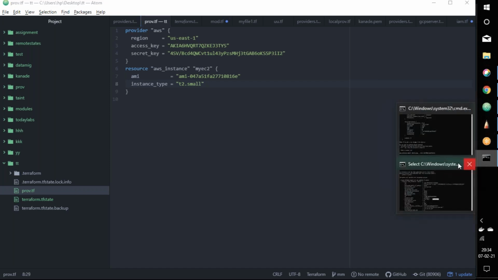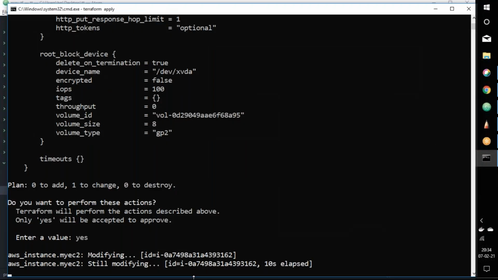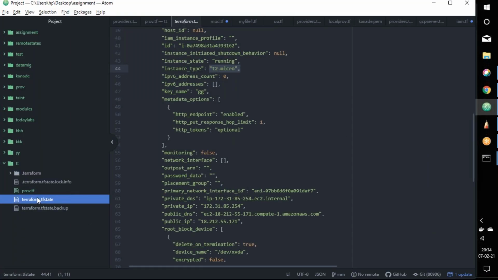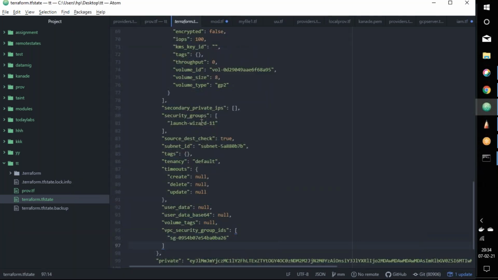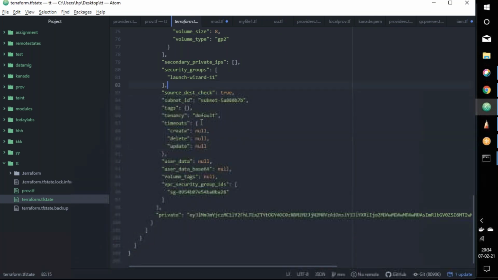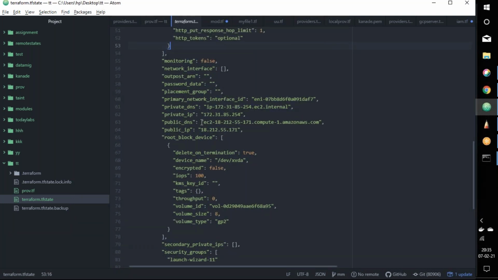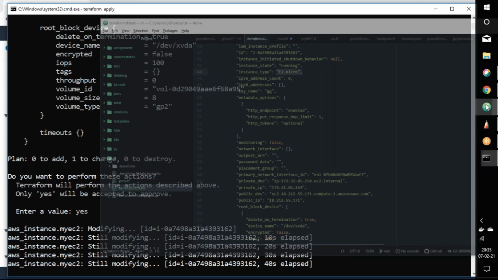And if we look at the output, it's modifying, and look at the state file now. Let's have a look at the state file. If we go and look at the instance type, it is t2.micro, and what is the change which we have kept in the code?